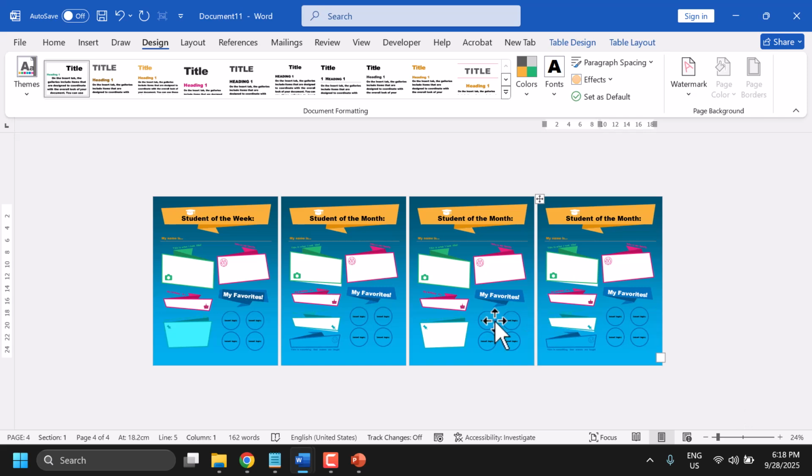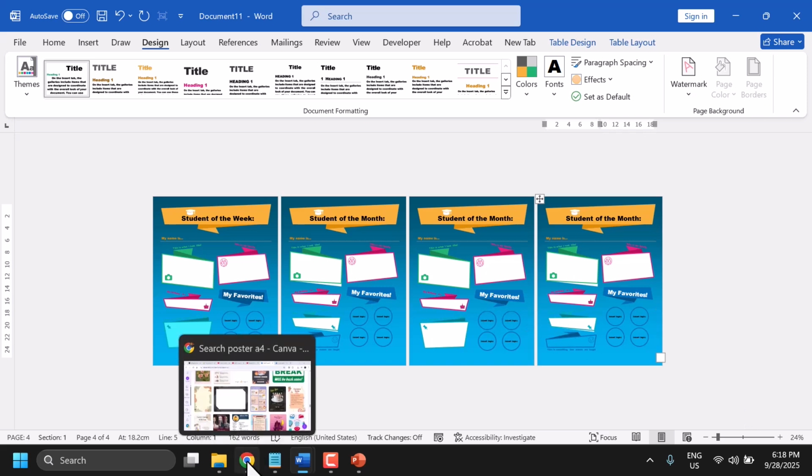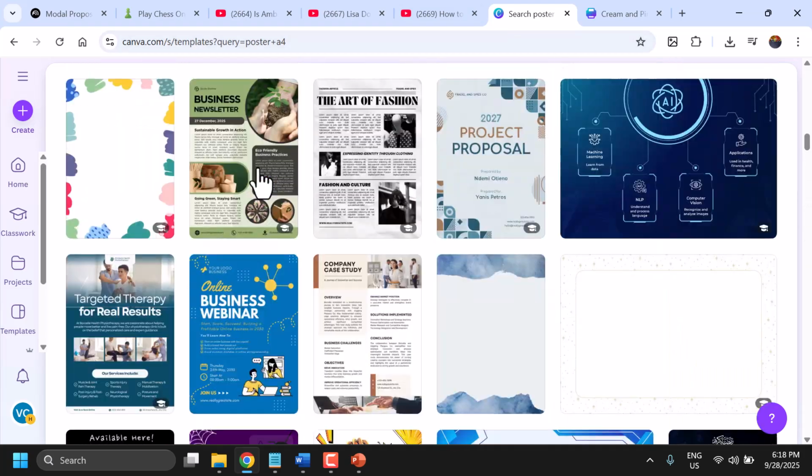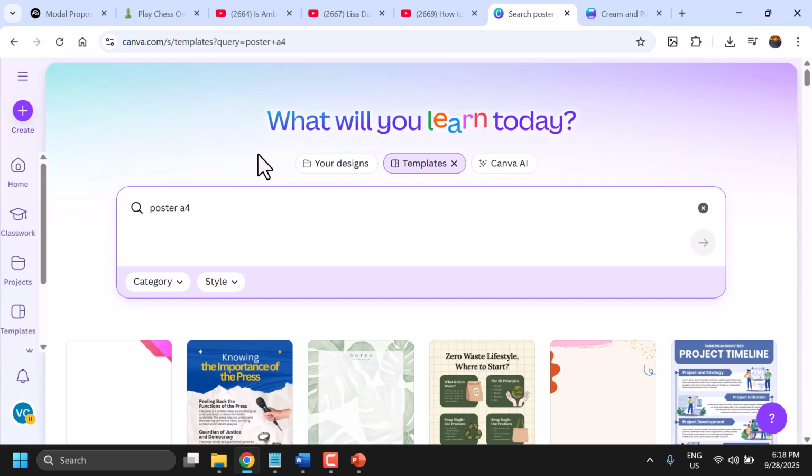How to make a poster online using Canva. So search canva.com, create your free account with Gmail, and here search poster. You will get so many options,